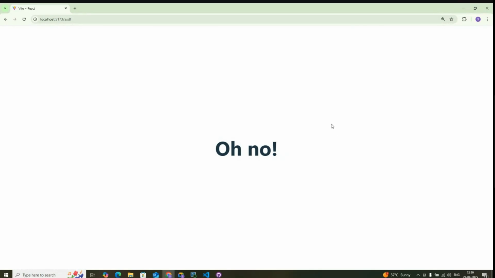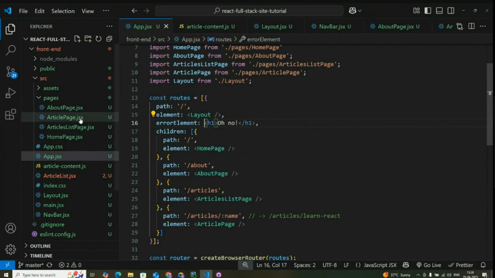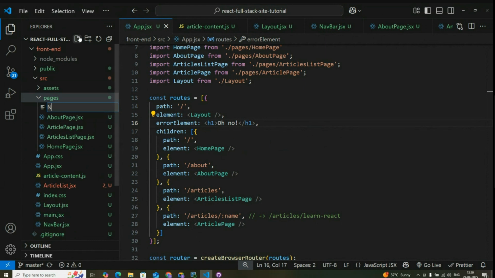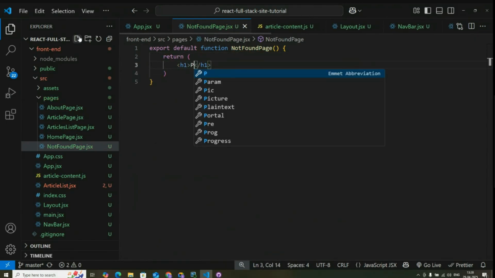And if we go back to here now, sure enough, we will see that whenever we go to a path that we don't have a corresponding page for, it will display this page. So all we need to do now is just make this page a little bit more decent. And we are going to do that by adding a new file to our pages directory called notfoundpage.jsx. And we'll say export default function not found page. And inside here, all we are going to do is display an H1 heading that says